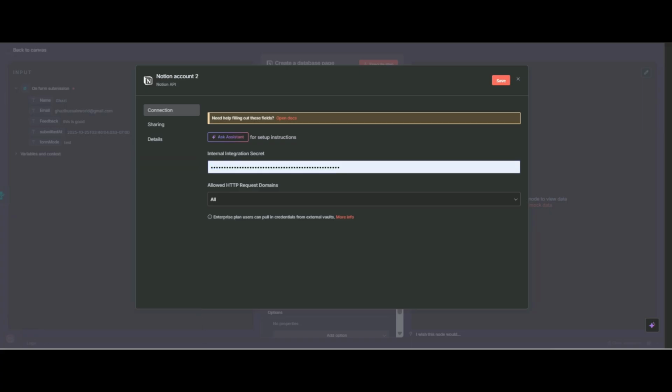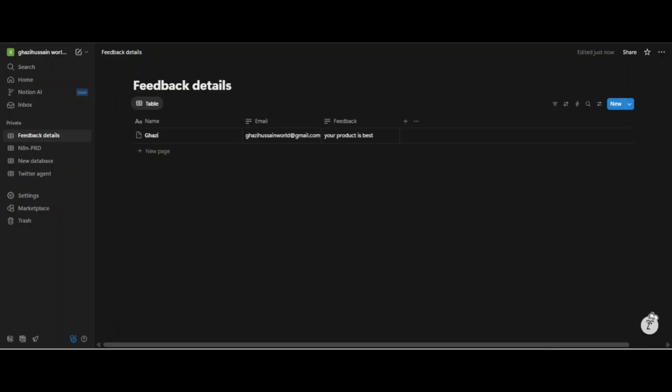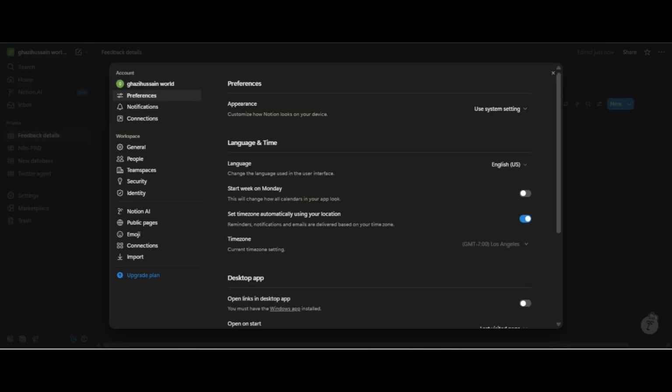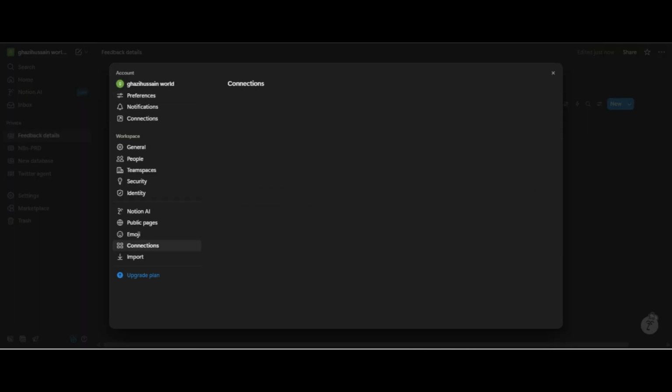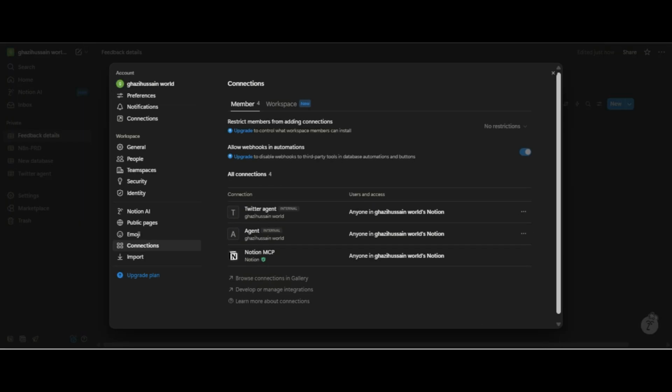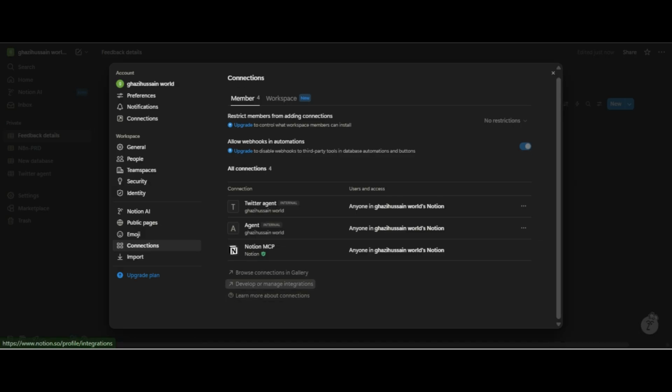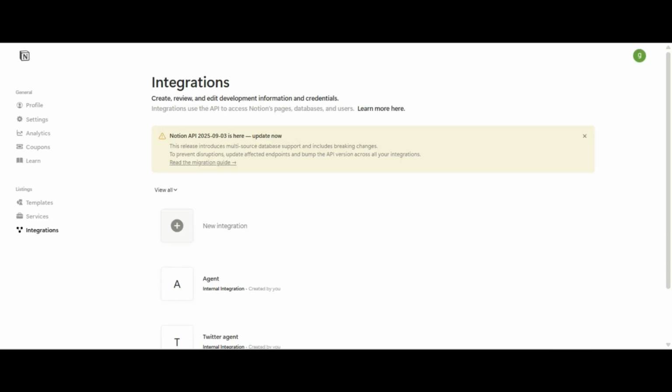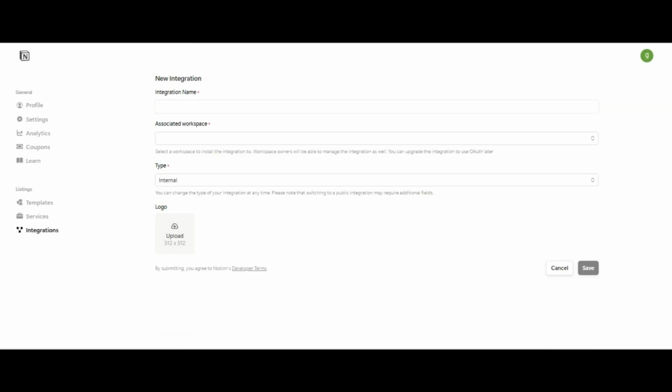So go to your Notion page, and first you have to create your page. After creating the page, go to settings and go to connections, and click on develop or manage integrations. So click on new integration and name your integration.